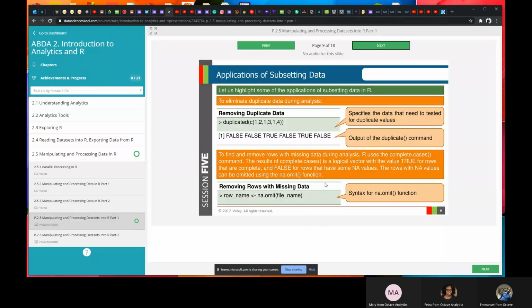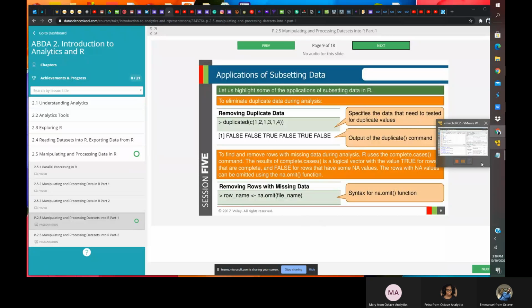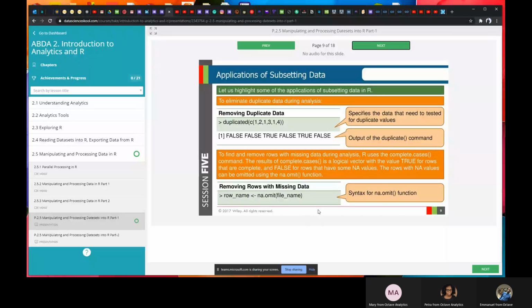To find and remove rows with missing data during analysis, you can also use the complete.cases command. The result of complete.cases is a logical vector with the value true for rows that are complete and false for rows that have some NA values. Another way to omit missing data is to use na.omit.